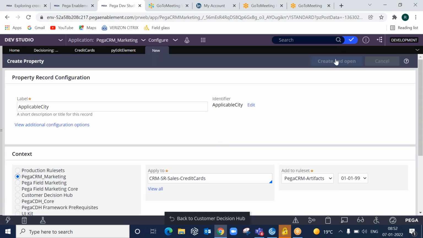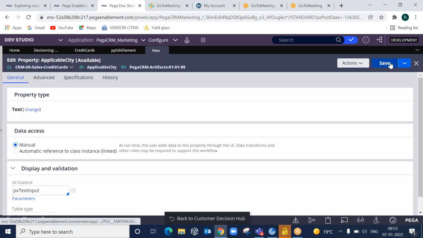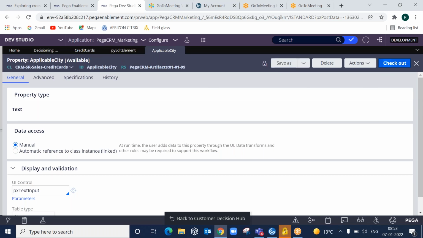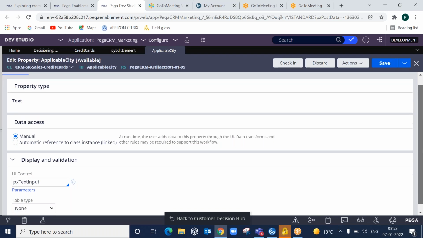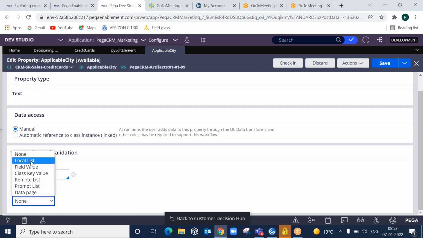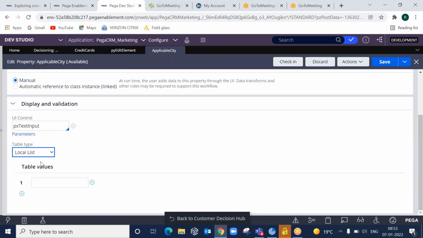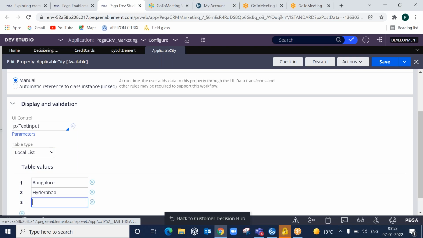That is the meaning of this. So I'll just keep it like this, and I will just provide some options. Then save it.